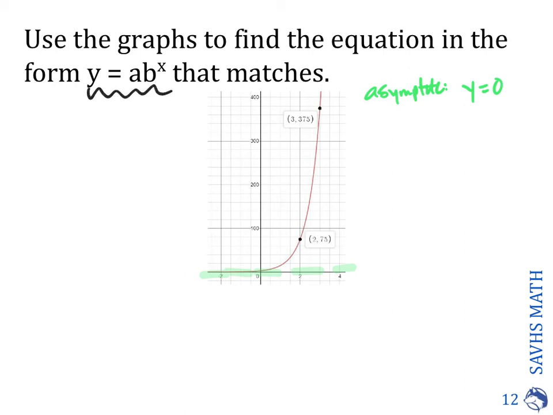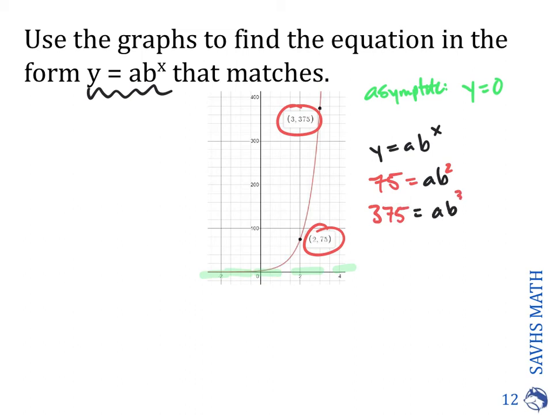We're given an x and y value, so we can write an equation that says 75 equals ab to the 2. And then we can also say, well, 375 equals ab